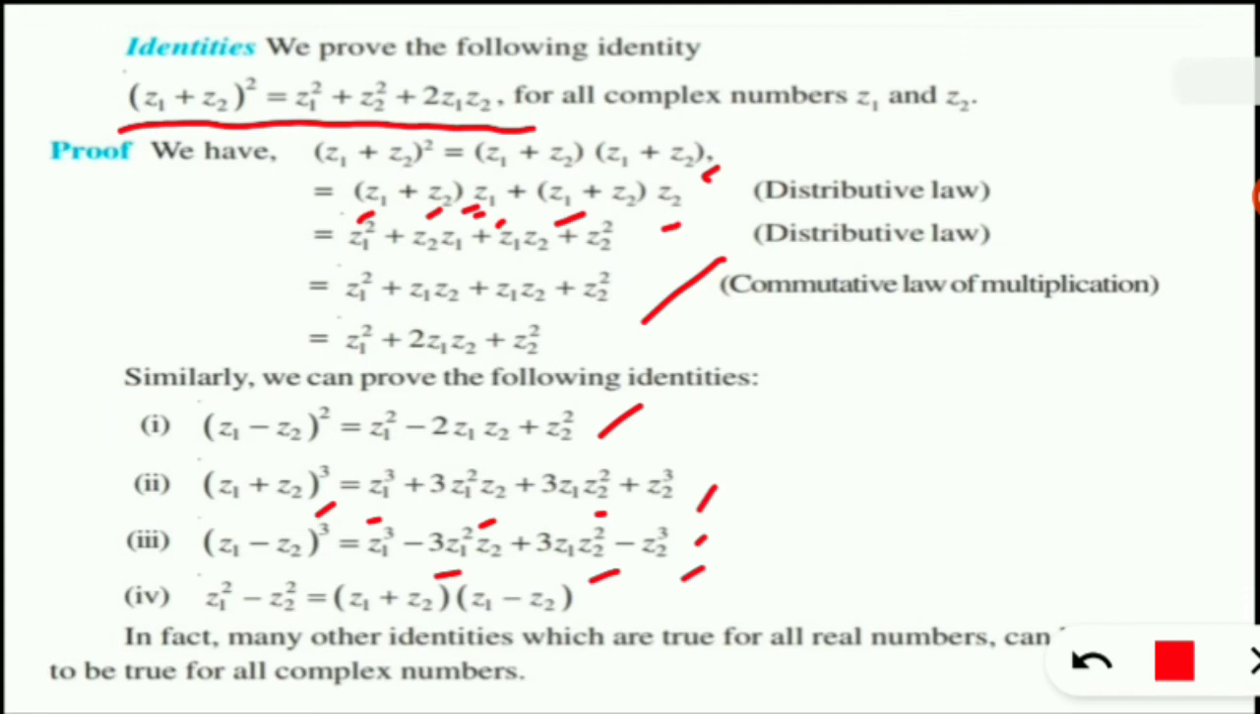Okay, clear? So remember 5 identities. Okay, remember these 5 identities. Okay students,